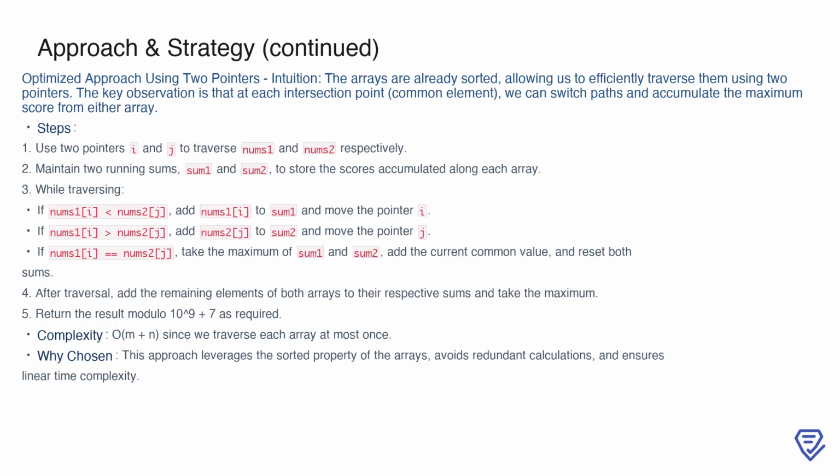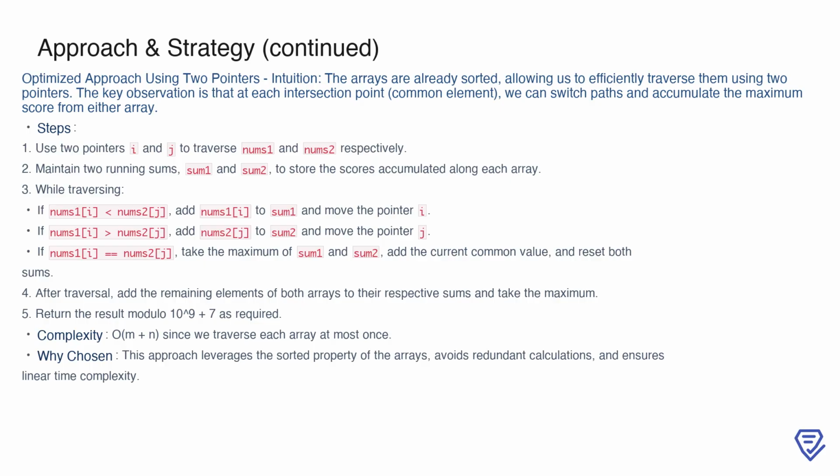As we iterate, we maintain two running sums, one for each array, to keep track of the accumulated scores. If the current element of the first array is smaller, we add it to its running sum and move its pointer. If the current element of the second array is smaller, we do the same for the second array. When we encounter a common element, we take the maximum of the two running sums, add the common value, and